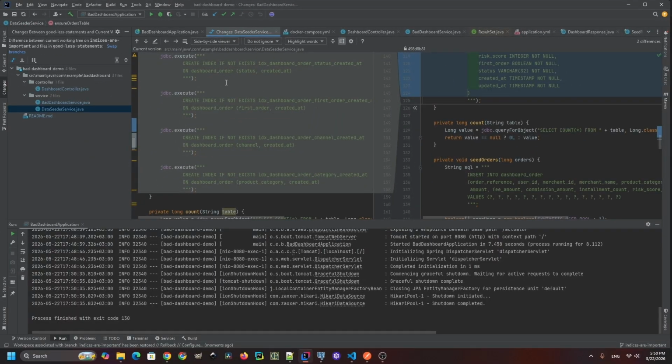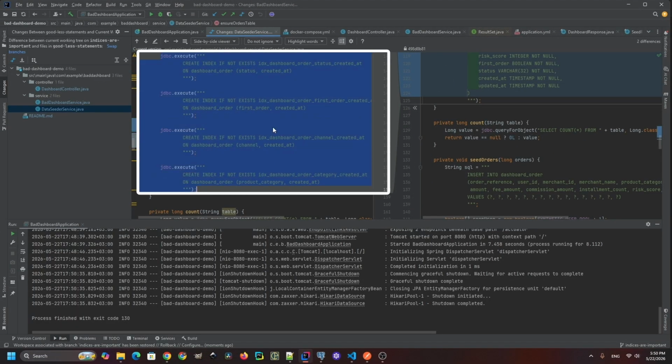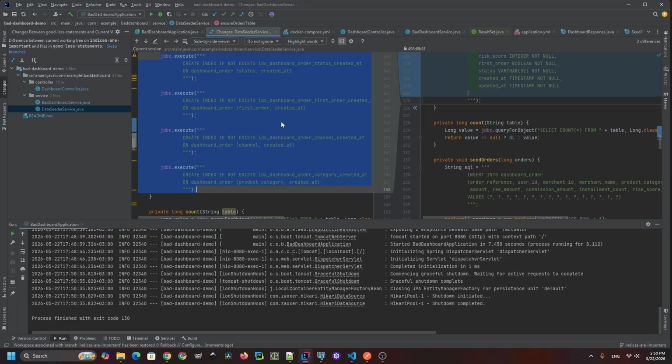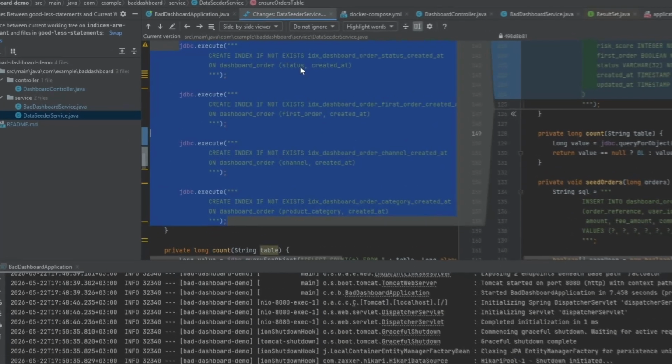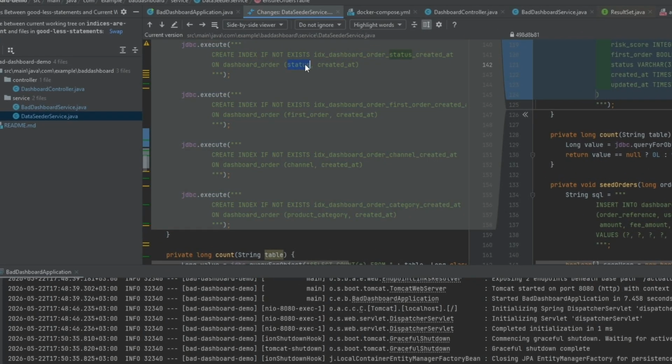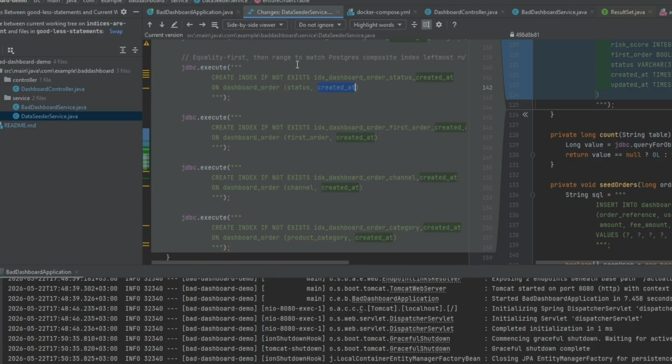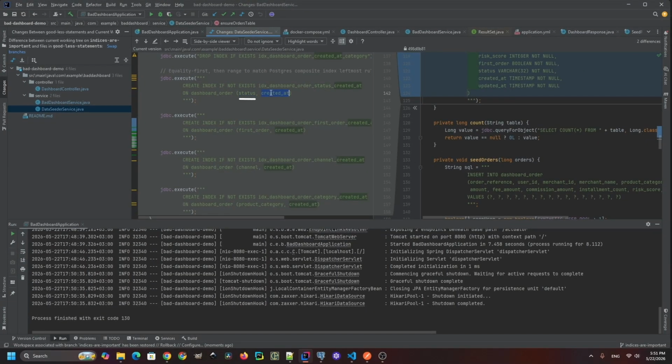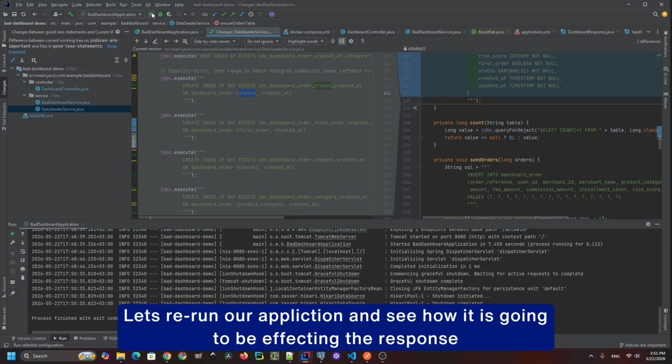Okay, so I have decided to create a couple of indices here. I have used the leftmost equality, then range. So we're using equality on the first left column, and then we're using the range. So the status on the left side, and the range, which is created at, on the right side. This is also one rule in Postgres and in many other databases, such as, for example, Mongo. It uses equalities and range, and then something else that I can't remember now. Those are the indices that I have used,